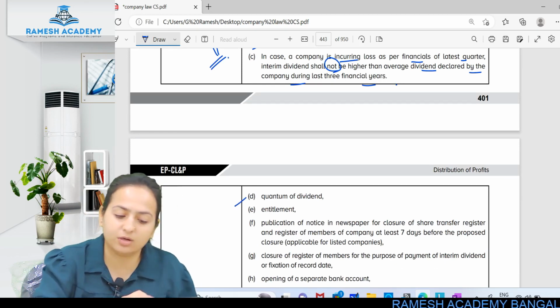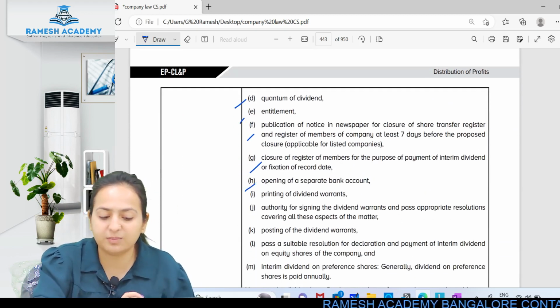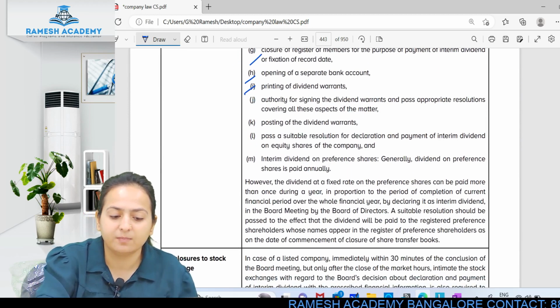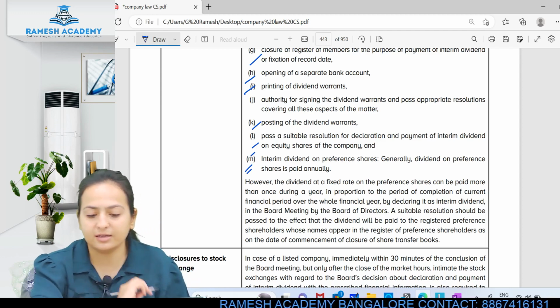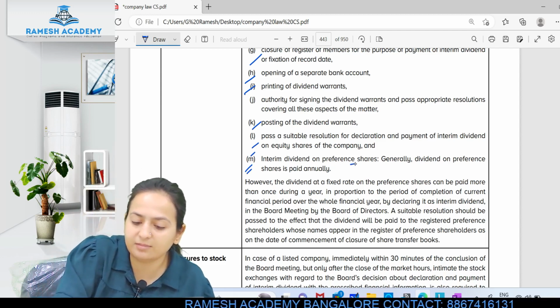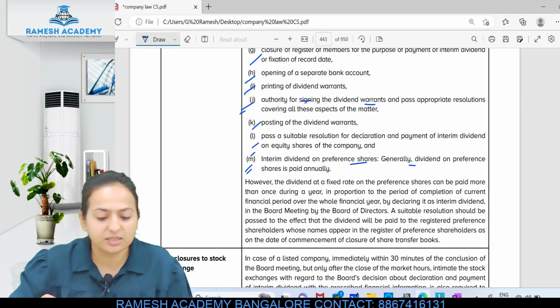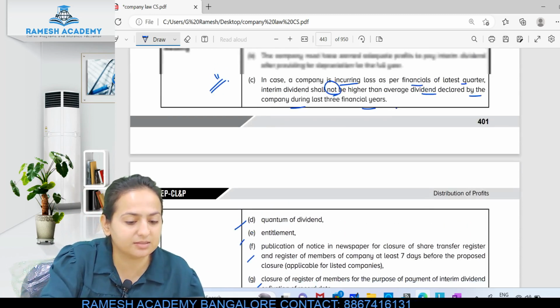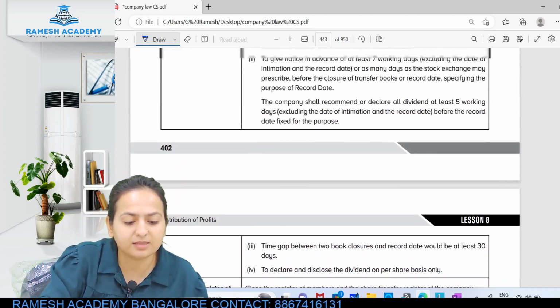What will be the quantum? What will be the entitlement? Closure of register, opening of a separate bank account, printing of dividend, then posting the dividend warrant, a suitable resolution for declaration and payment of interim dividend on preference shares, and authority for signing the dividend warrants. These all things will be discussed in the board meetings by the board of members. Next is coming to